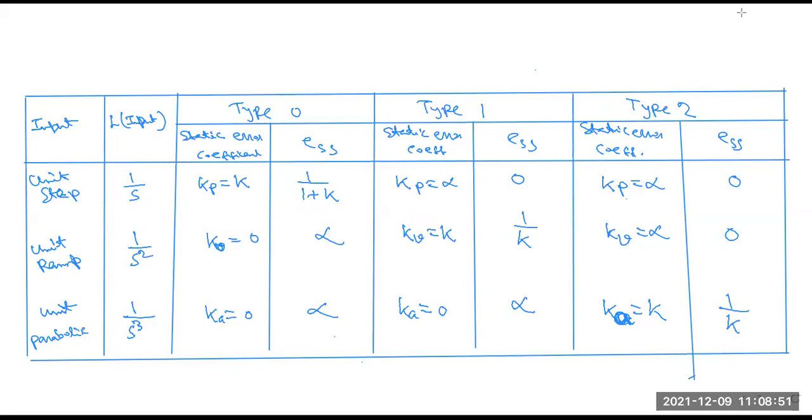Okay, so for type 2 here we have to calculate the unit step response, then also the unit ramp input function, then unit parabolic functions. So the Laplace of the unit step is 1 by s, unit ramp is 1 by s square, unit parabolic is 1 by s cube. So this is basically the type 0 constant value, that is proportional constant kp equals k.